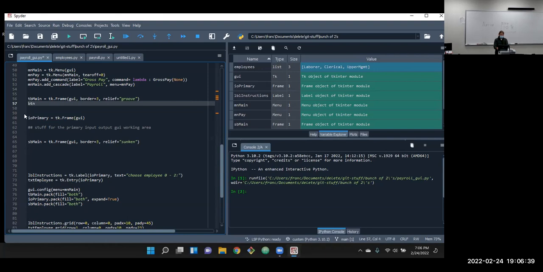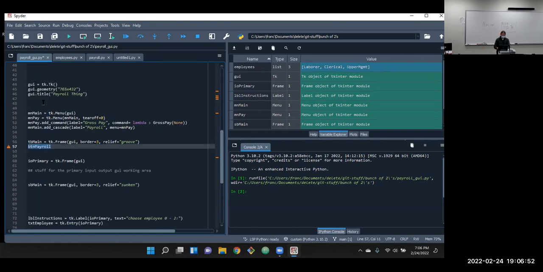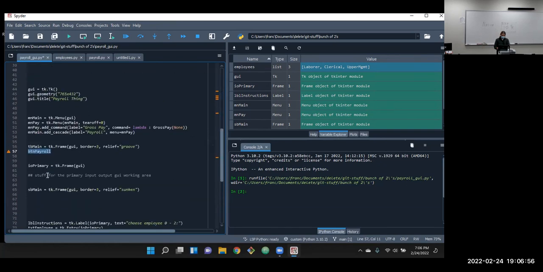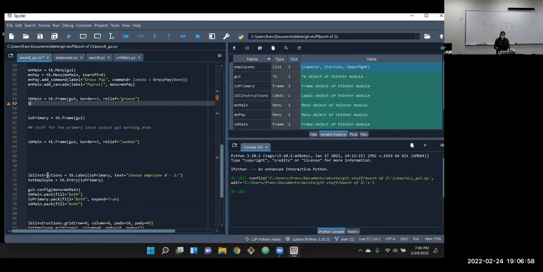So for buttons in Hungarian notation, I tend to just use BTN. So button payroll. And that way it matches this useful name that we kind of already used. Oh, gross pay. That's what I should call the button.